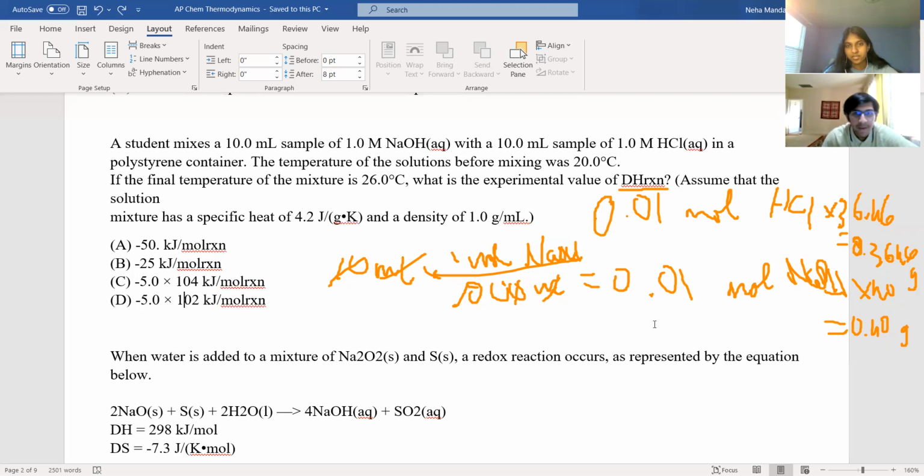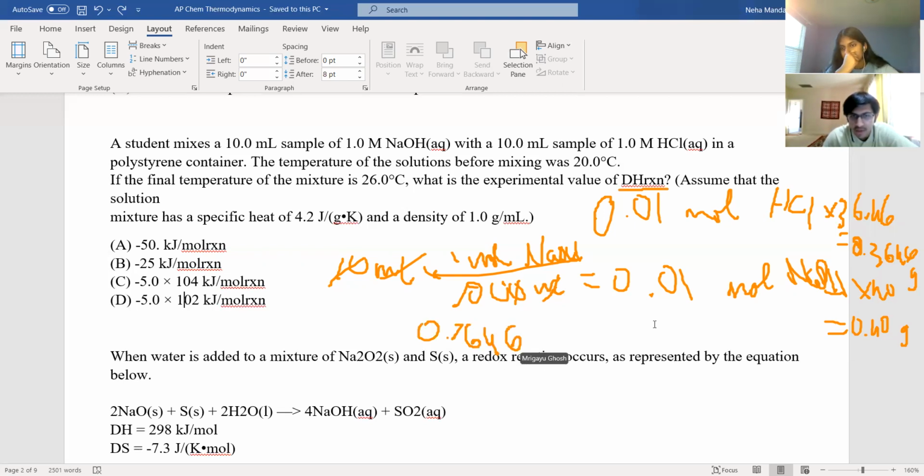Yeah, because it's a 1-to-1. The mole ratio is 1-to-1 in the reaction, right? Because it's just NaCl, H2O is the product, I believe. Either way, it's a 1-to-1. So then the total mass is